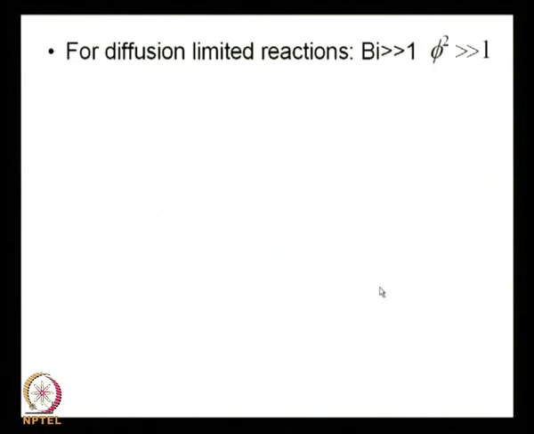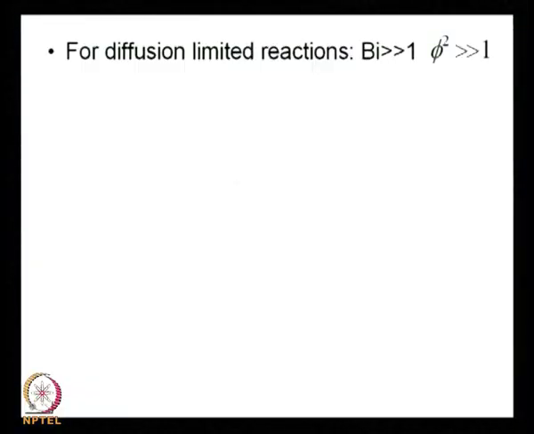So, the second case that we look at is the other limit, not a complete limit, but to some sort. So, Biot number much greater than 1, and phi square much greater than 1. So, you have to tell me very quickly. I already gave you the definitions of both. So, you have to tell me in this case which one is the limiting one, it is already written. But you have to show that